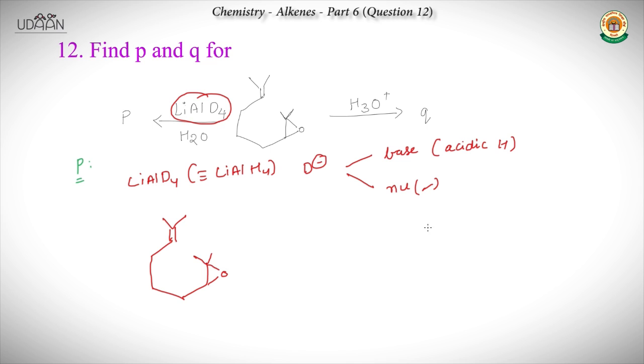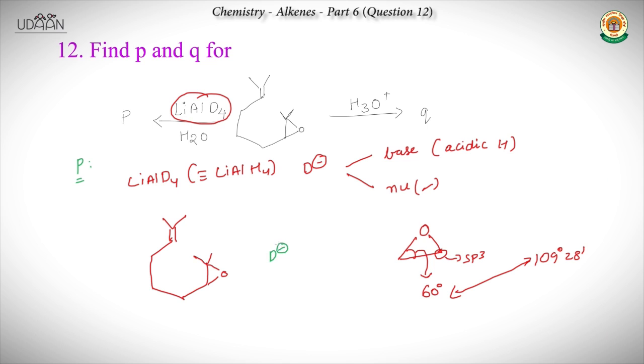Just see here, this epoxide is very unstable because the carbon atom and the oxygen atom here are sp3 hybridized, and the bond angle for sp3 hybridization is 109 degrees 28 minutes, but here the bond angle is 60 degrees. As you can see, there is a lot of angle strain developed here, so it tries to cleave away as soon as possible. Now you have D- in the mixture,